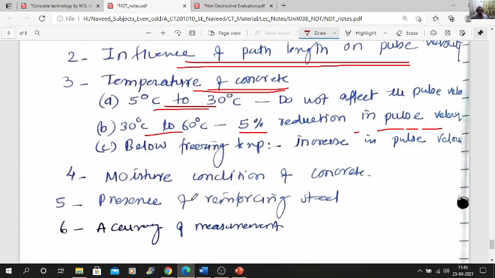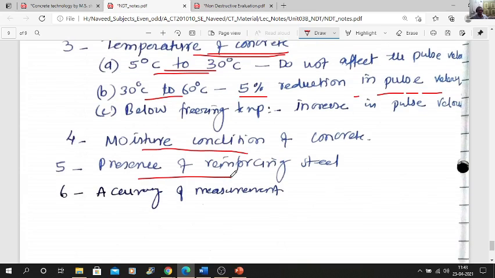Then the moisture condition of the concrete you are testing will also affect, and the presence of reinforcing steel. In RCC structures, mostly your structural members have reinforcement, so that will also affect the ultrasonic pulse velocity test.